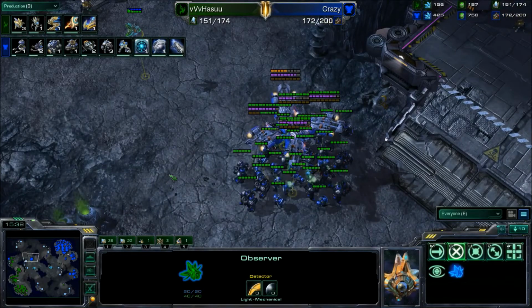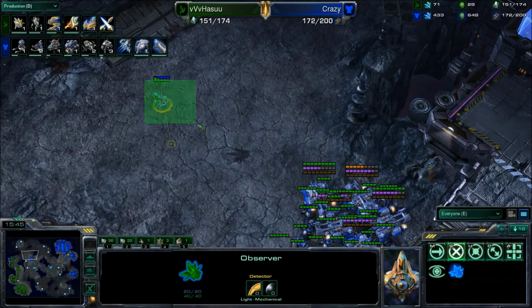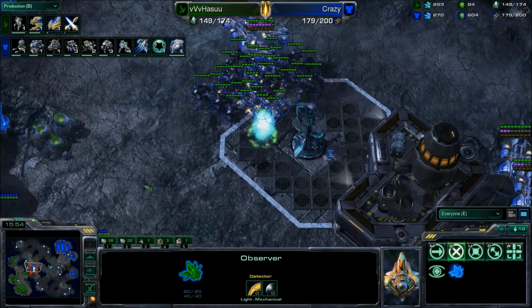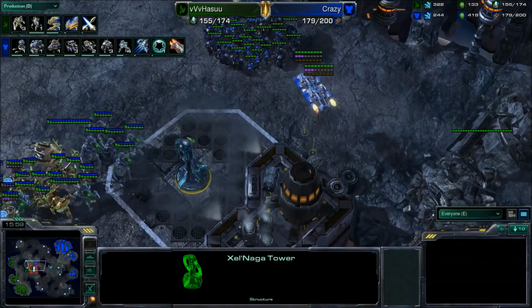Hasuu and Crazy both engaged, what they needed to do. Hasuu, with so much information, as you mentioned, pretty much has every main walkway or flight path covered, and he's going to know exactly when someone's trying to attack. The Zealot does go down at the Zelnaga Tower, and we'll see what's going to be happening next